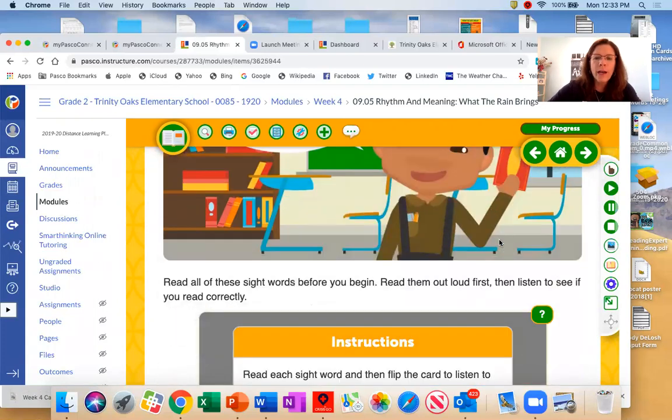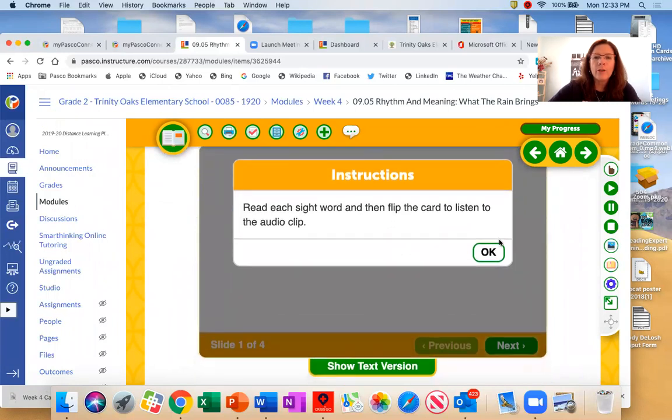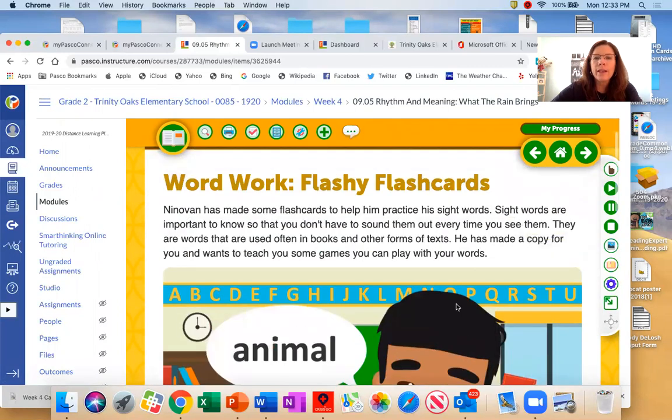And here it is. It says read each word and flip the card to listen to the audio clip. So you're going to want to press OK. And then you're going to go next through this short audio piece right here. You're not pressing the next arrow up here yet. You're wanting to move through the lesson in this gray box. That's page